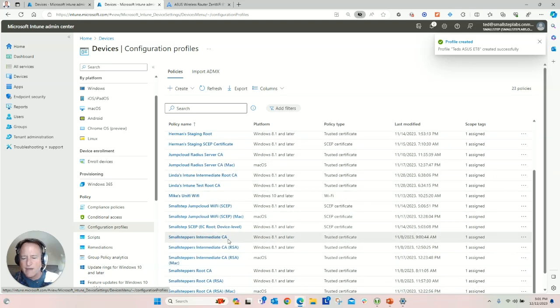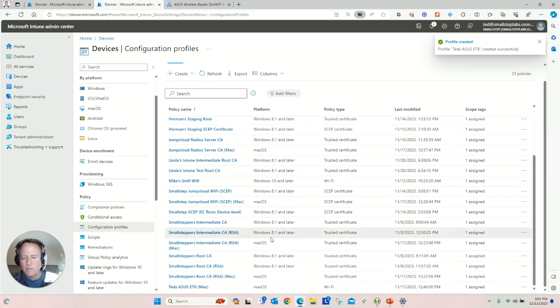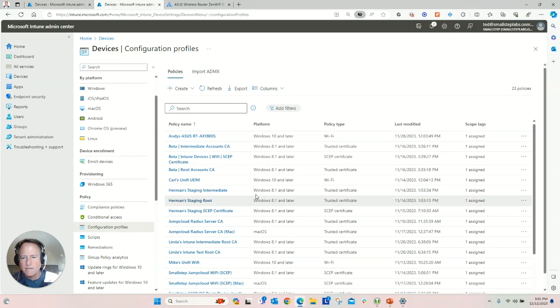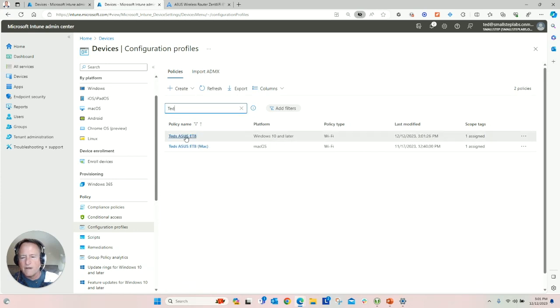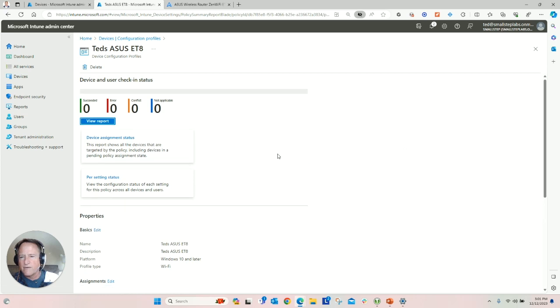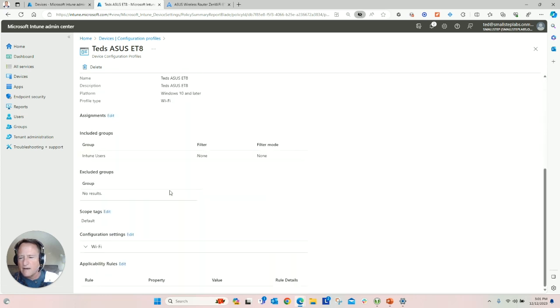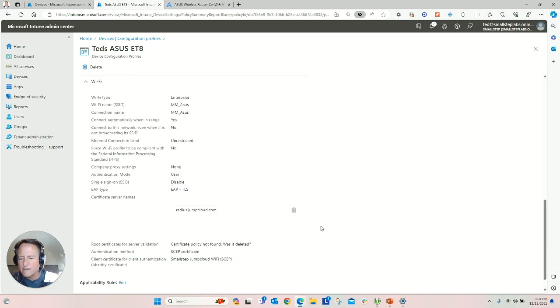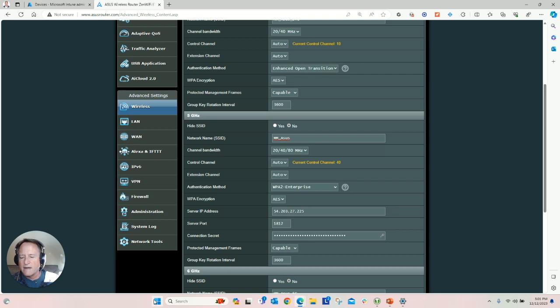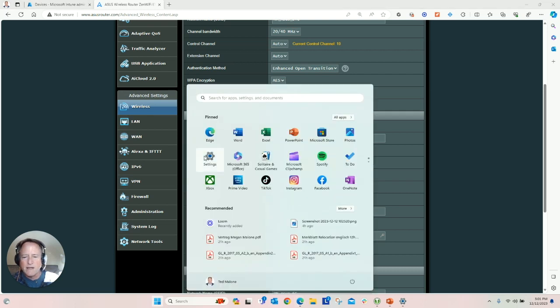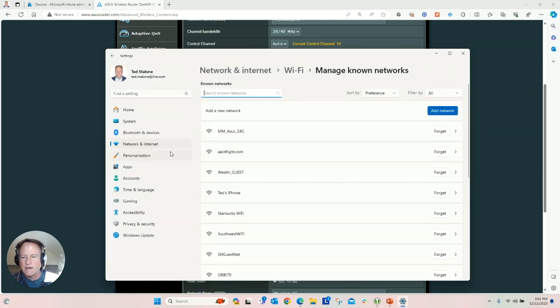Okay, so that has created a certificate profile. Let's refresh this and make sure it's here. So we've got Ted's Azus ET8, Intune users. Just make sure everything looks clean. Yep. All right. So now we need to jump back to my computer and we need to go ahead and